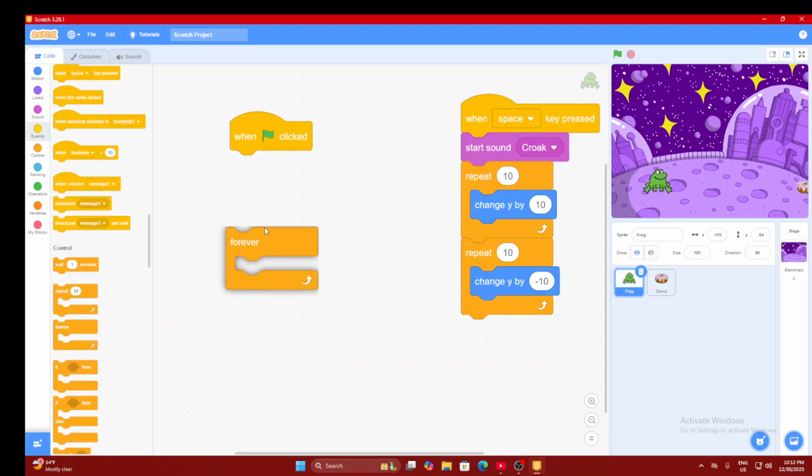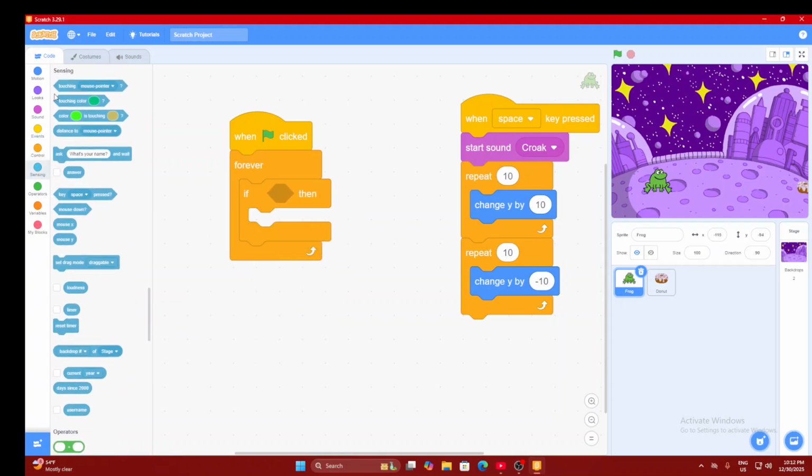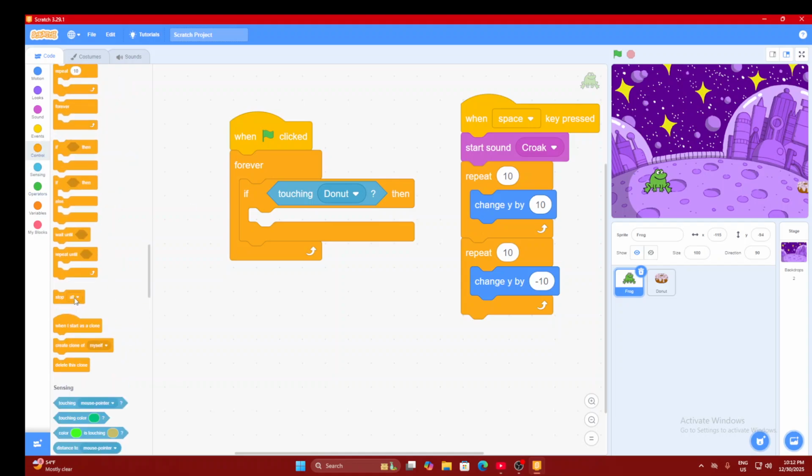similar operation. Forever, then an if then block, go to sensing, drag a touch mouse pointer. Instead of mouse pointer, do donut. Then we will stop everything which is happening. Let's see. I won't touch it. As you can see, it stopped